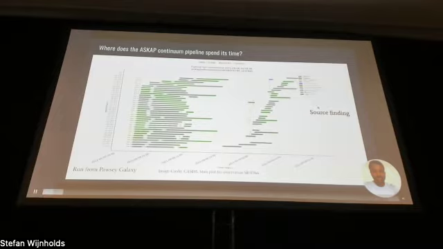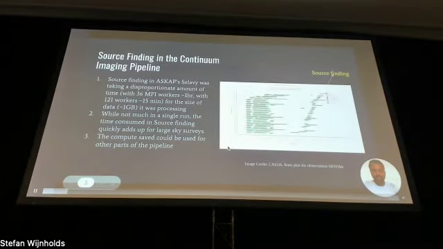What's interesting here is that source finding is taking a considerable amount of time for the data that it is processing. A typical ASCAP continuum image is about 1 GB in size, and this takes 1 hour to process with 36 MPI workers and about 15 minutes to process with 121 MPI workers. The runtime and resources consumed, while not much in a single run, quickly add up for large-scale surveys. We wanted to address this by investigating what was taking so much time, and we wanted to see if this can be optimized.